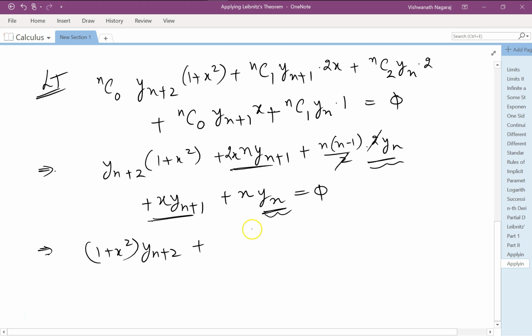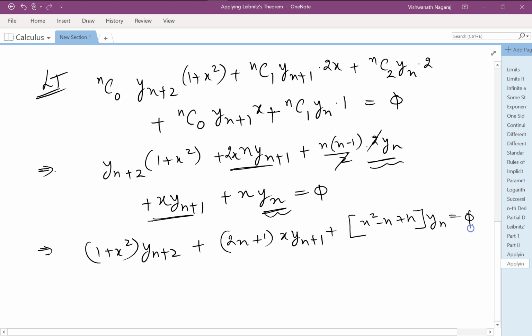Let's add them. What is common? y_(n+1) is common. So what are we left with? Here x times y_(n+1) is common. So 2n plus 1, we take it out, x y_(n+1) plus within brackets n square minus n plus n